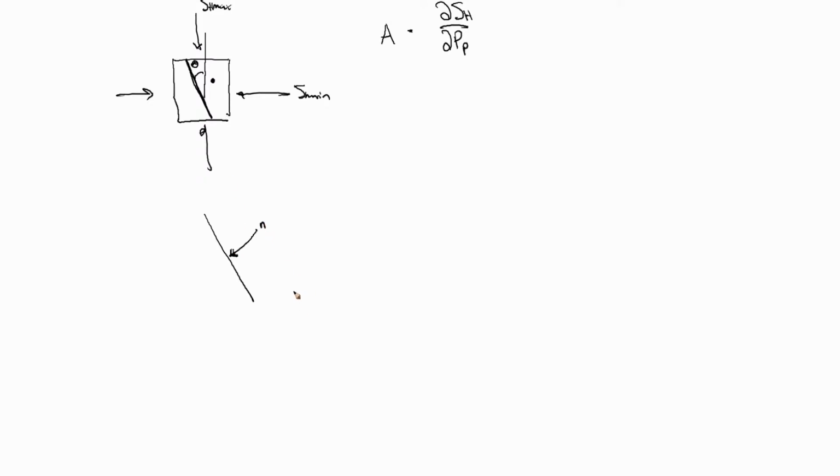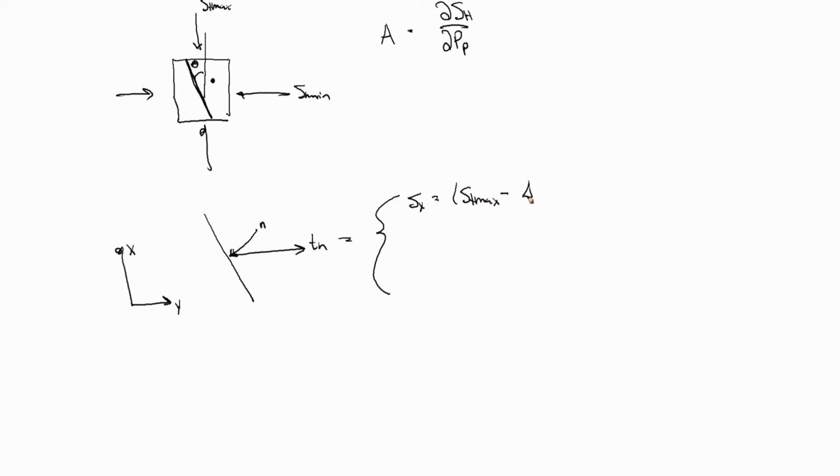If this is a normal vector on the fault and there's some traction associated with that normal vector Tn, then you can just write the components of that directly using geometry of the fault, where if you have some local coordinate frame xy that's aligned with the principal stresses, then the stress in the x direction is equal to